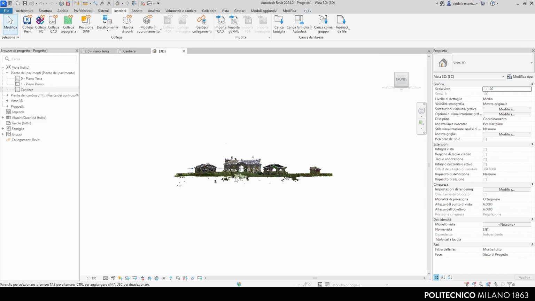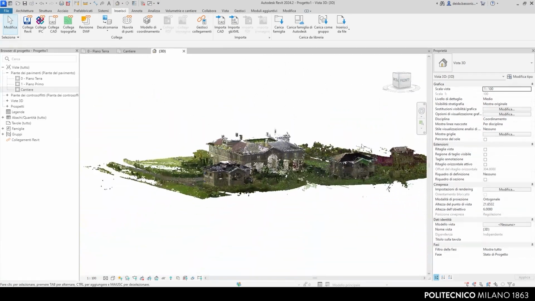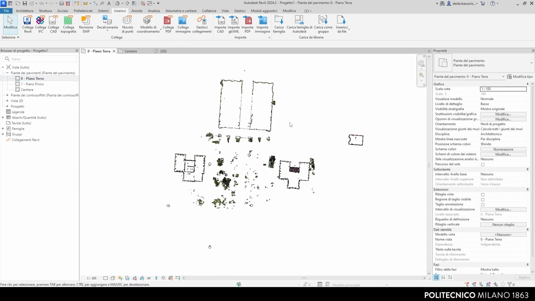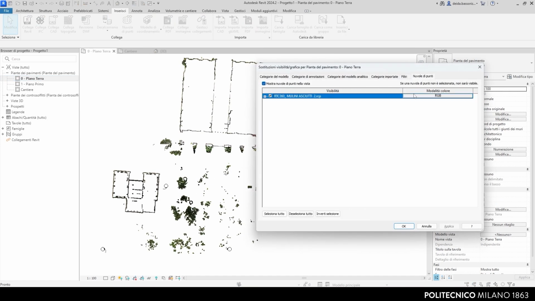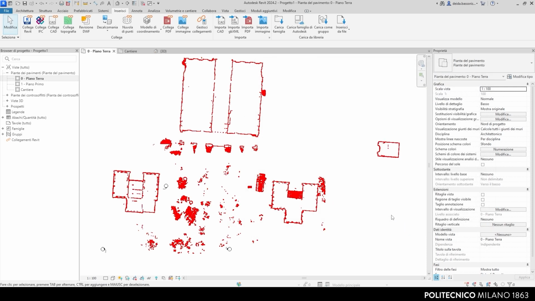In the 3D view, you can tour the model with a view cube on top of the central window. Using the Visibility Graphics Override command, type VV on the keyboard, it is possible to adjust the color and visibility of the point cloud, allowing for better understanding and interpretation of geometric data.